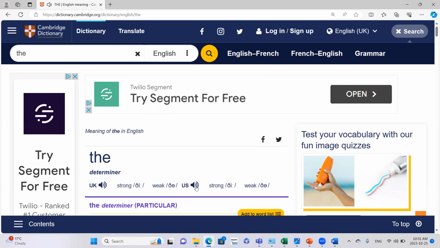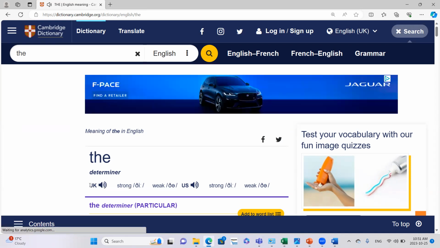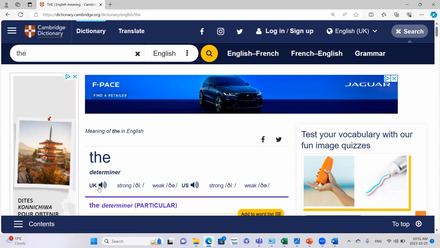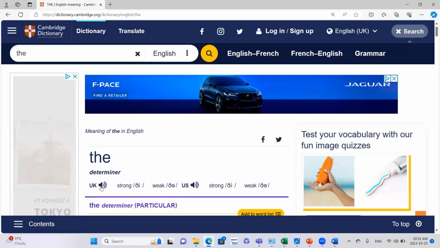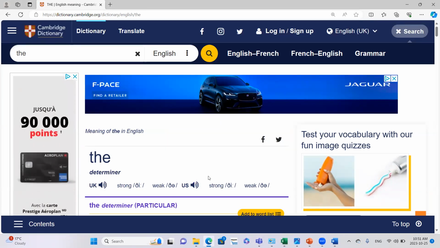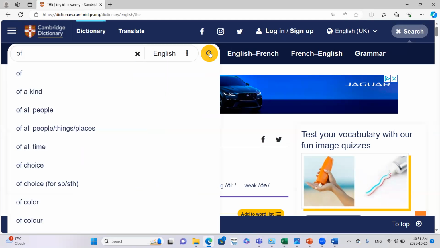the. The. If you click on this sign next to UK, it will say the, because that is British pronunciation. So let's focus on American, the. The next word of our list is this one,